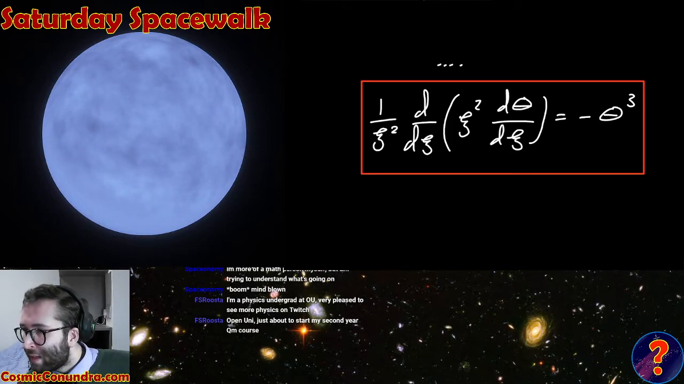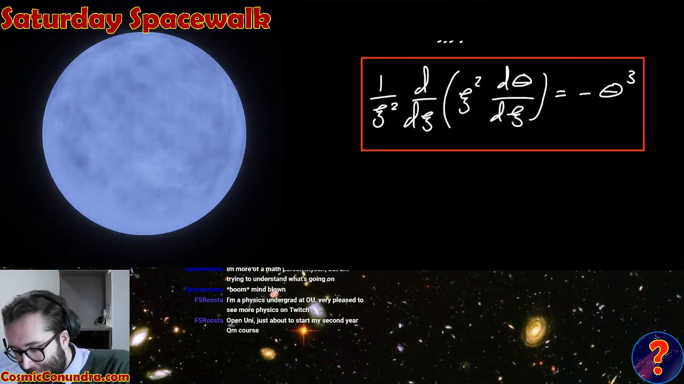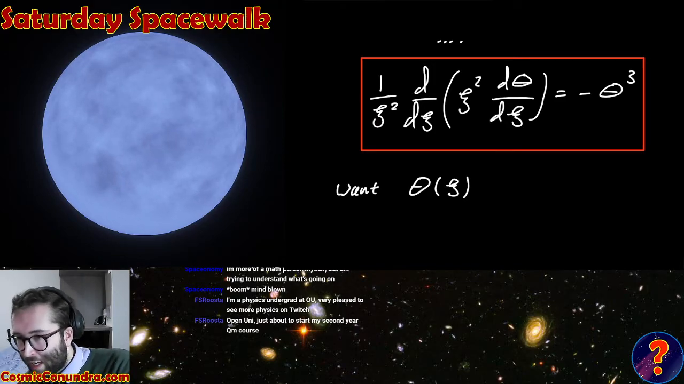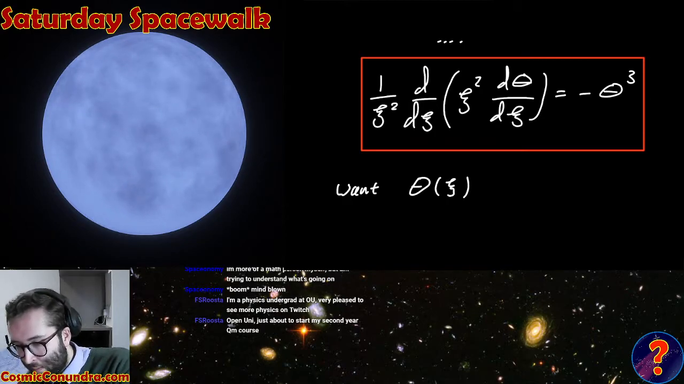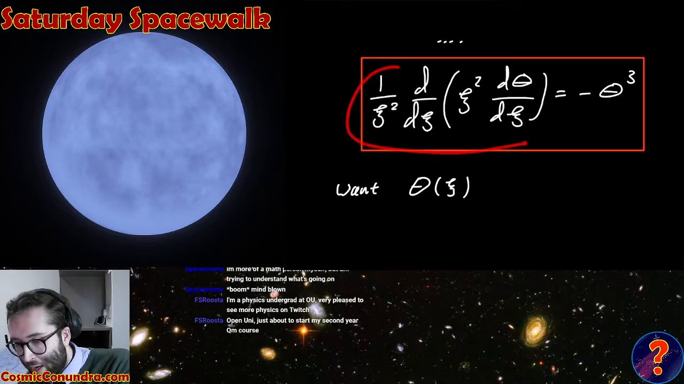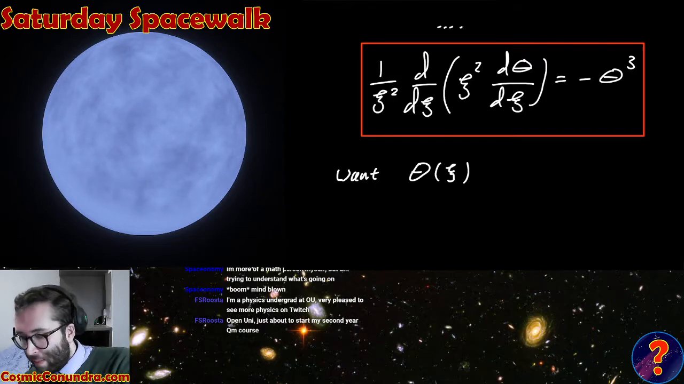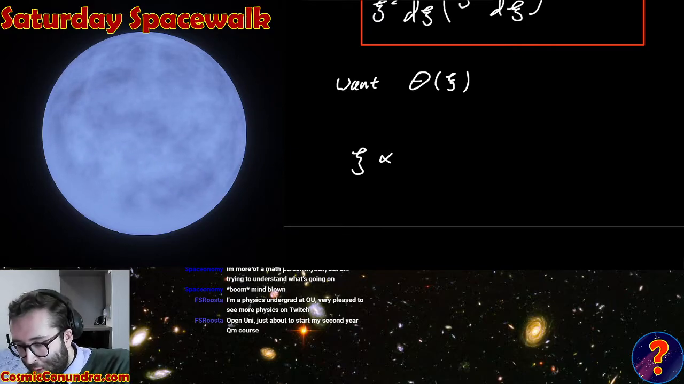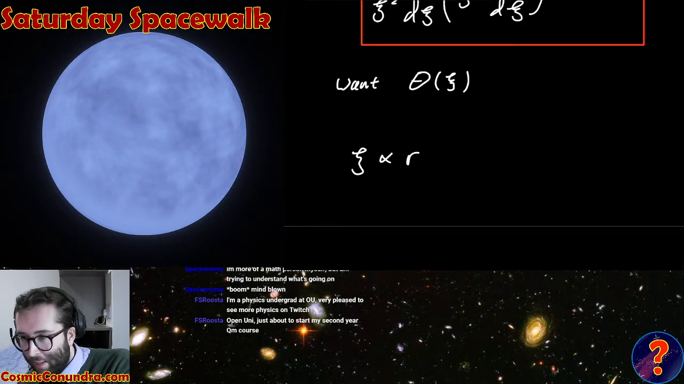Okay. But before we do that, we should think about what we expect the solution to look like. The solution, of course, is that we want theta of psi. We want to find a function theta of psi that is satisfied by this equation. Well, remember that psi, as we define the variable, is proportional to the radial distance from the center of the star. So psi is a measure of radius,